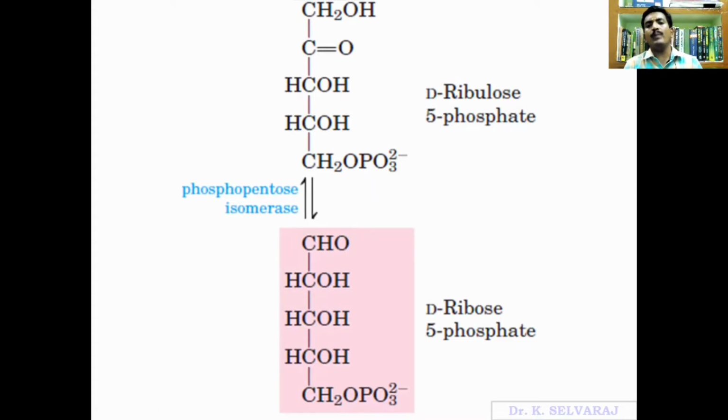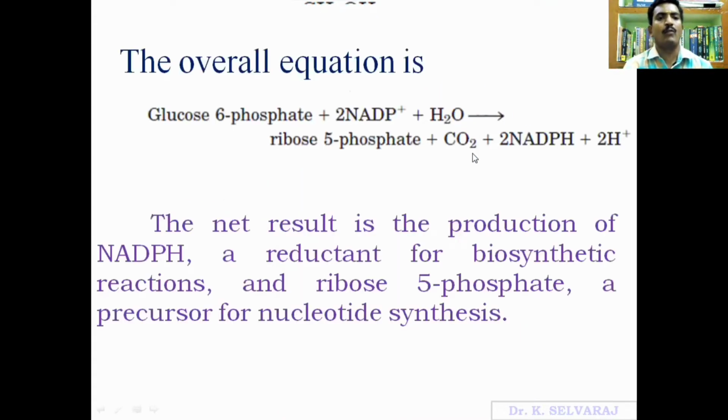The keto group becomes an aldose one. So that is the difference between ribulose and ribose. Ribulose has a keto group. Ribose has an aldo group. So the ribulose is converted into ribose. That means the keto group is converted into aldose. Here the enzyme pentose isomerase is involved. Now, the overall equation for this oxidation step is 1 glucose 6-phosphate